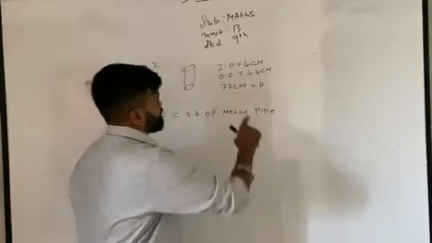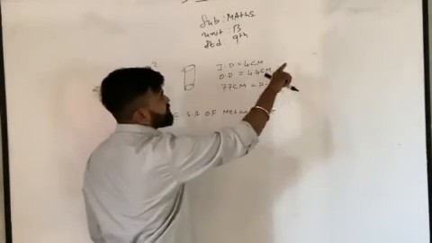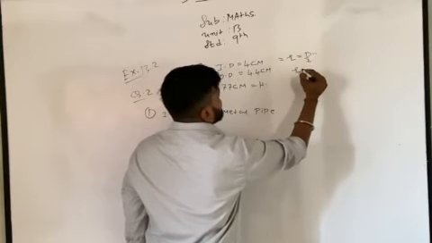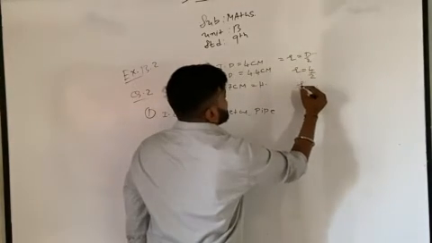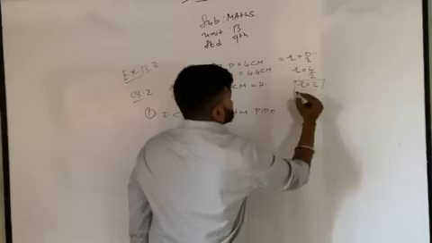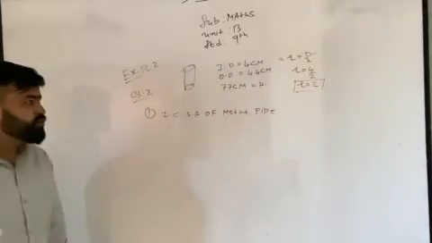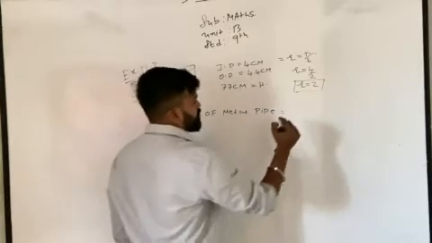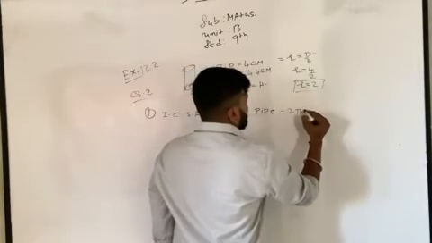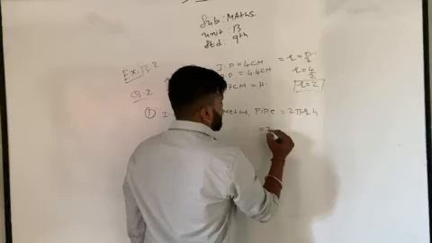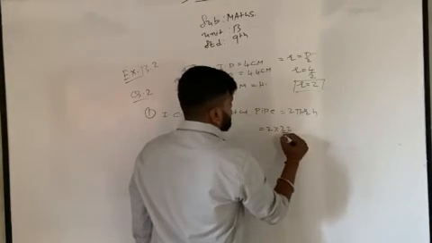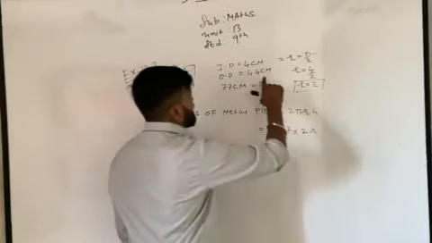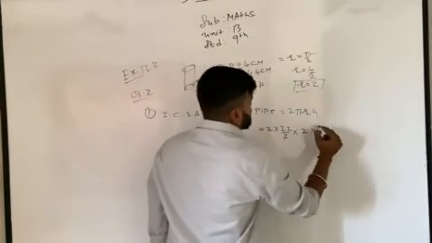As here the inner diameter is 4 centimeter, radius is equal to diameter divided by 2, that is equal to 4 by 2. So we can say that radius is equal to 2. So the value of R is 2. For CSA we are using the formula 2 pi RH. The value of pi is 22 by 7. Here the radius is 2 and the height is 77.